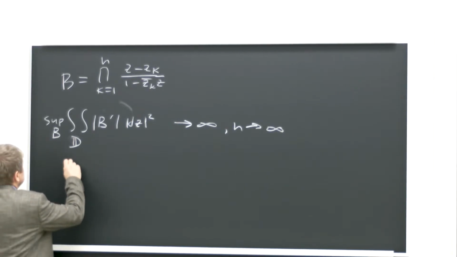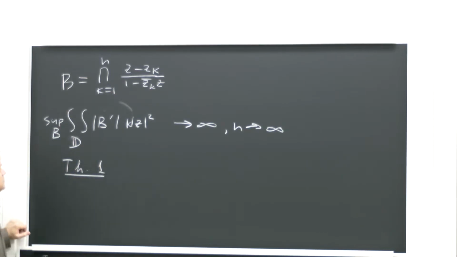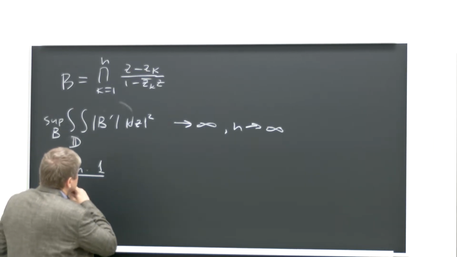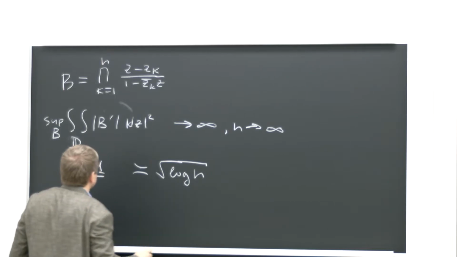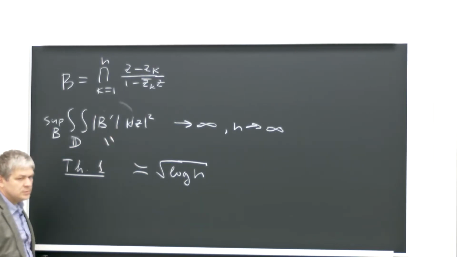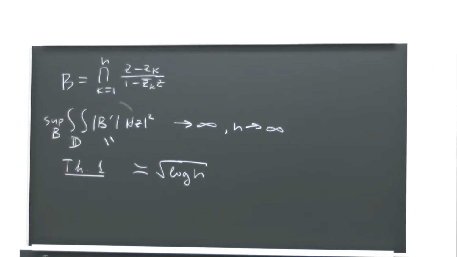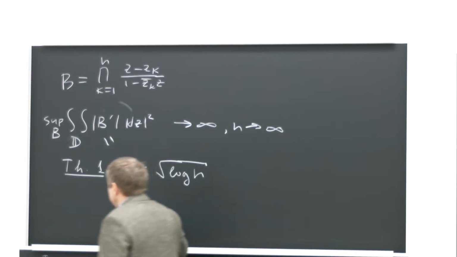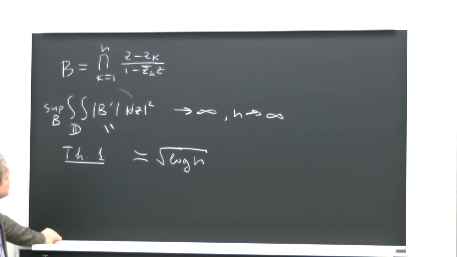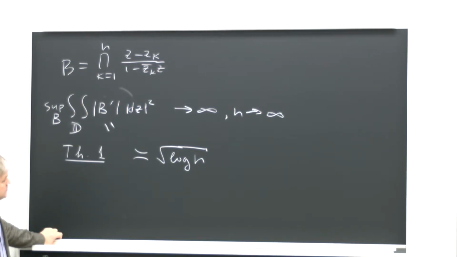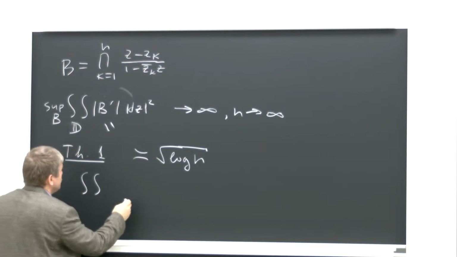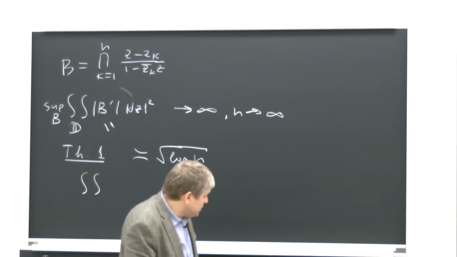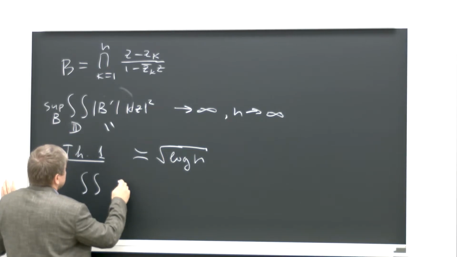Okay, let me formulate Theorem 1. This supremum is comparable to the square root of log n. Let me give some remarks. For instance, suppose that B is a finite Blaschke product. It is not difficult to show, and I already mentioned this fact, that, just using this estimate,